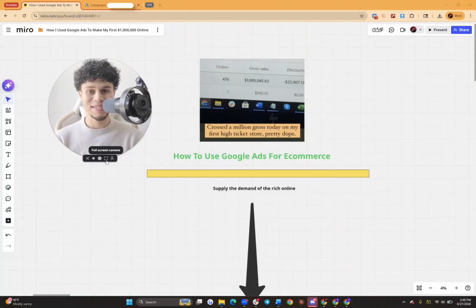Right now, I'm going to show you guys exactly how I build my Google Ads for my e-commerce business and exactly what has allowed me to generate multiple millions of dollars in physical product sales online since 2020. Not only that, this is actually the strategy that I use right now to this day to make 85% of my business's revenue, and the exact same strategy that I teach my students and high-ticket elites. So let's get into it.